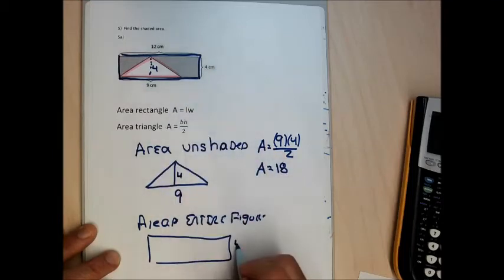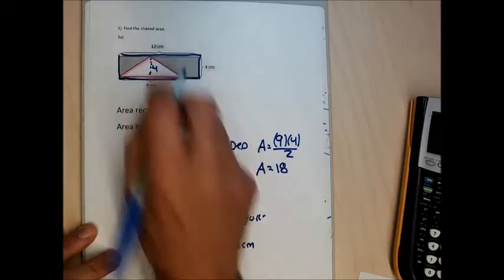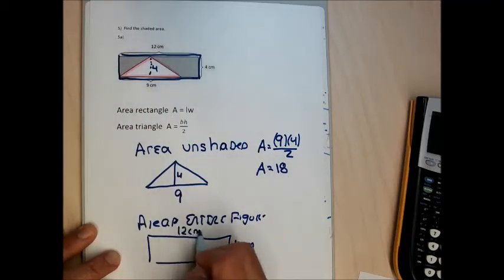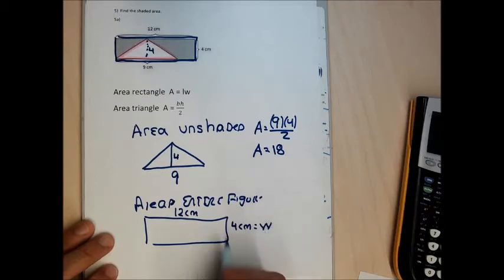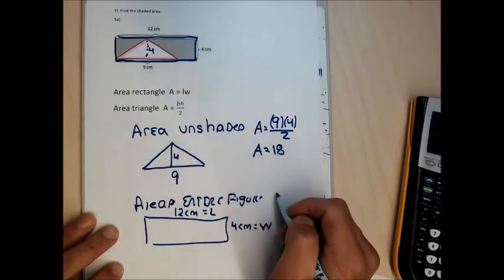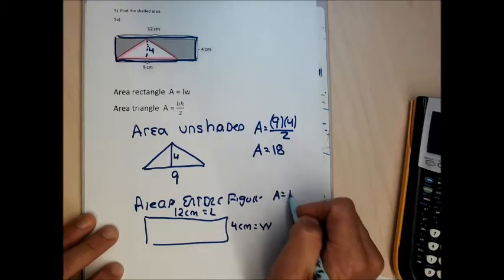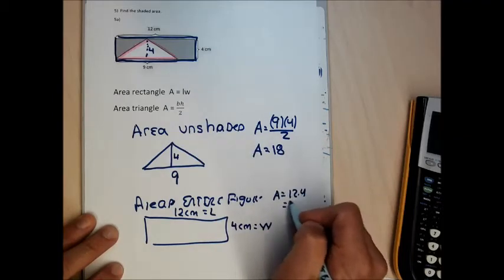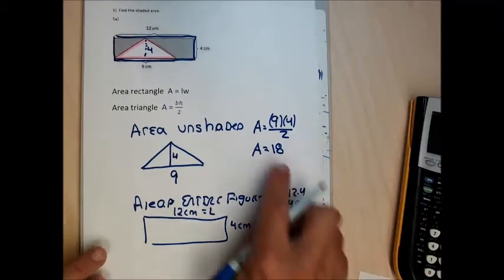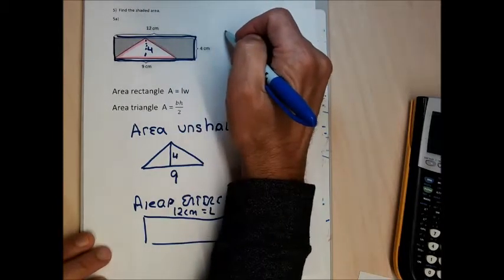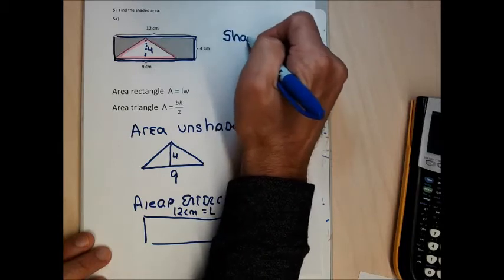It has a width of 4 centimeters and a length of 12 centimeters. So the 2 dimensions I need in the rectangle are the length and the width. I usually make the width the shorter leg and the length the larger. And for the area for the rectangle, I'm going to use 12 times 4 and get 48. Now I subtract the bigger minus the smaller number. When I go to get my answer, the shaded area that I need to compute